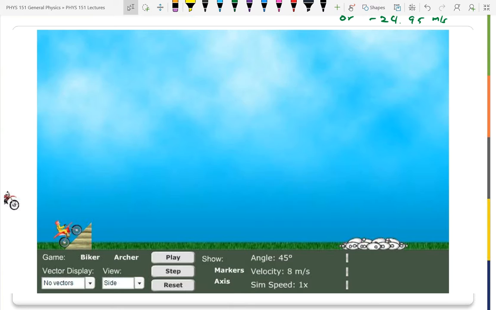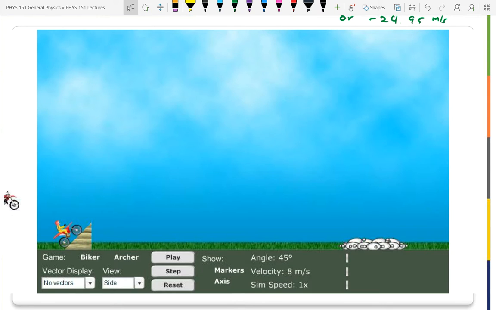So we have a motorcyclist who's trying to make this jump. What we need to do is find what angle and speed will get him to the jump. Now, if we know the distance, we can solve the problem just like I did earlier using the same methods, but we're going to do it just by feel. So first, let's see what happens with these present numbers. He overshot, going at a speed of 8 meters per second, an angle of 45 degrees. What can we do to shorten the distance?